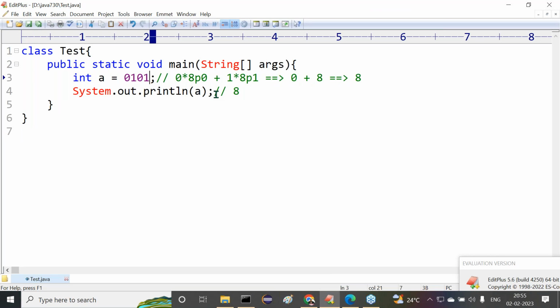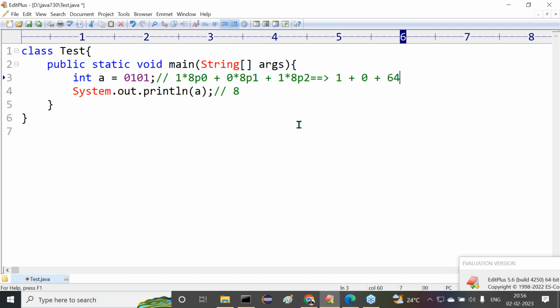Tell me what's the value. 1 star 8 power 0, that is 1, plus 0 star 8 power 1, that is 0, plus 1 star 8 square. 1 star 8 square is what there?